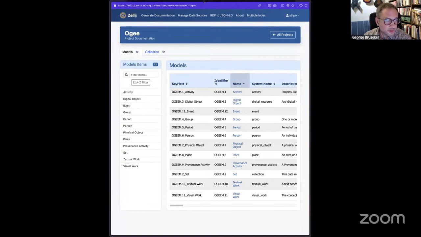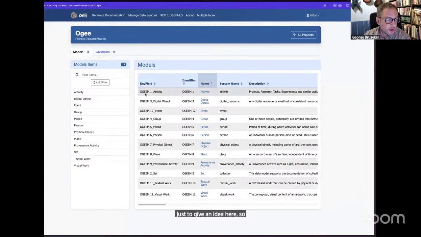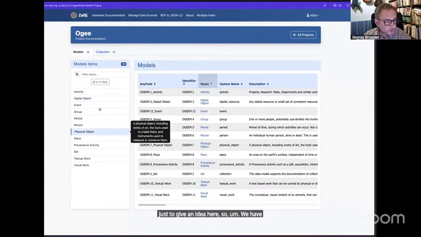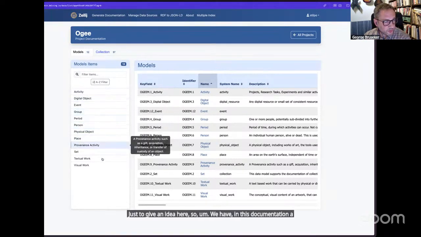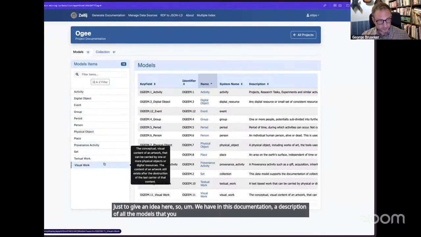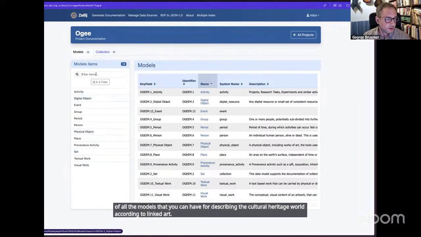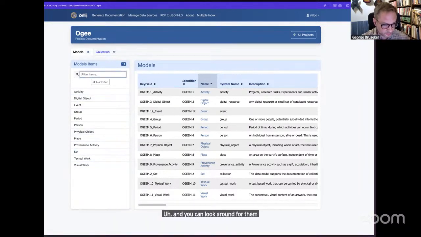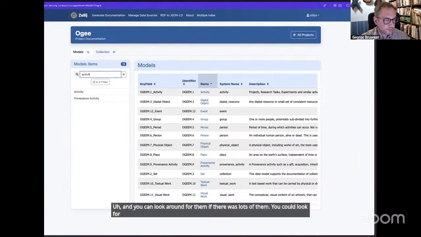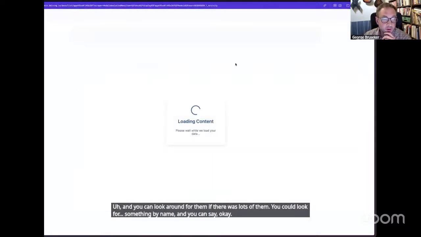Just to give an idea here. In this documentation we have a description of all the models that you can have for describing the cultural heritage world according to linked art. And you can look around for them. If there were lots of them, you could look for something by name and say, okay, I want this activity one.